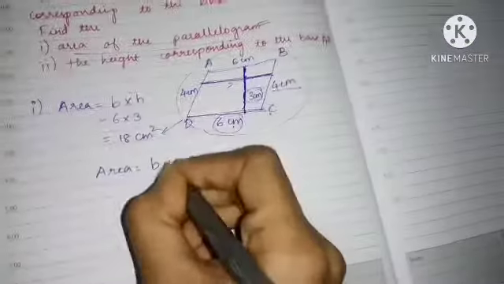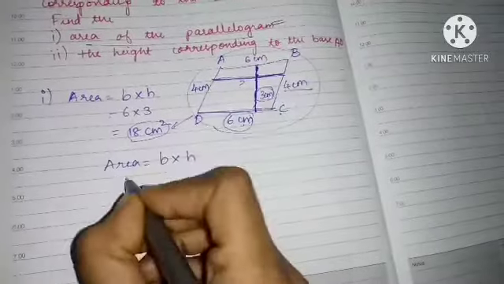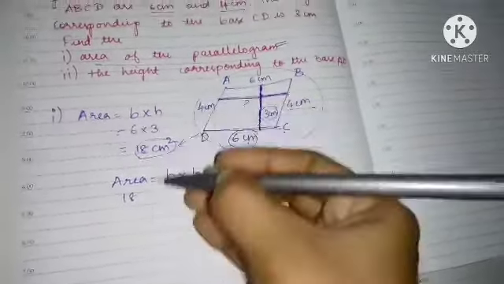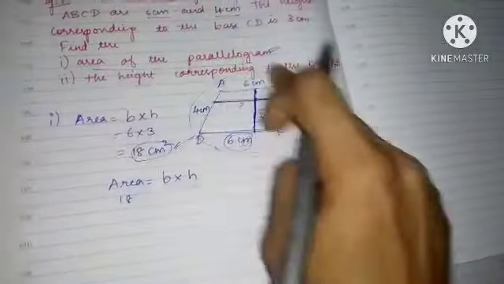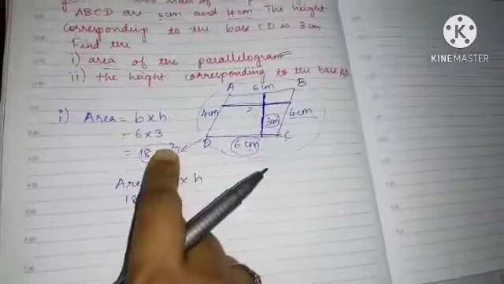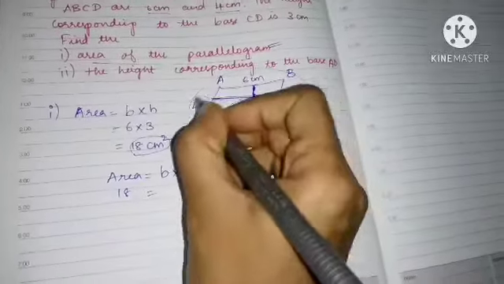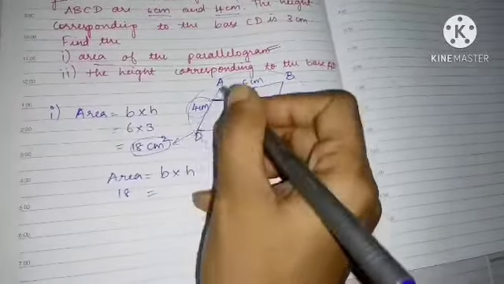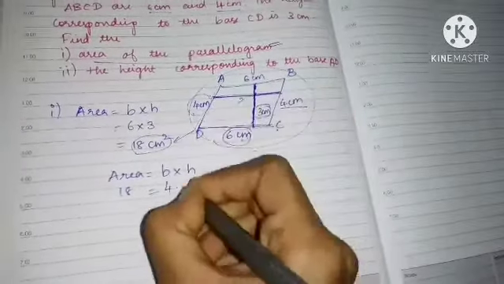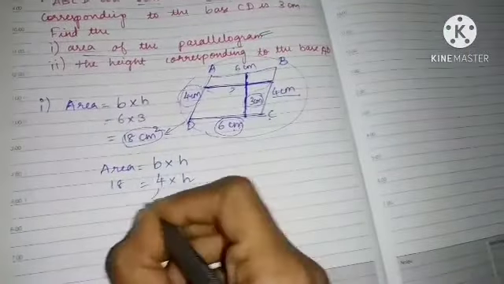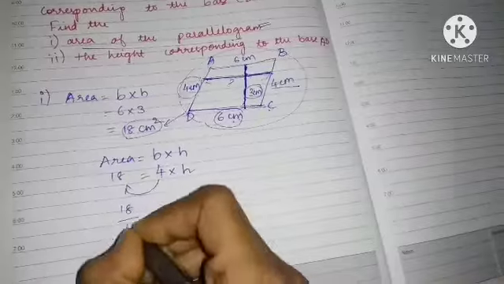So actually area is equal to base into height. So area we got it as 18. So this area, everything is same because you are dealing with the same parallelogram. So if this area is 18 centimeter, this is also 18 centimeter. What is the base for this? Base is AD, which is 4 centimeter. Height for this is not known, so I am taking it as H. So I am bringing here 18 by 4.